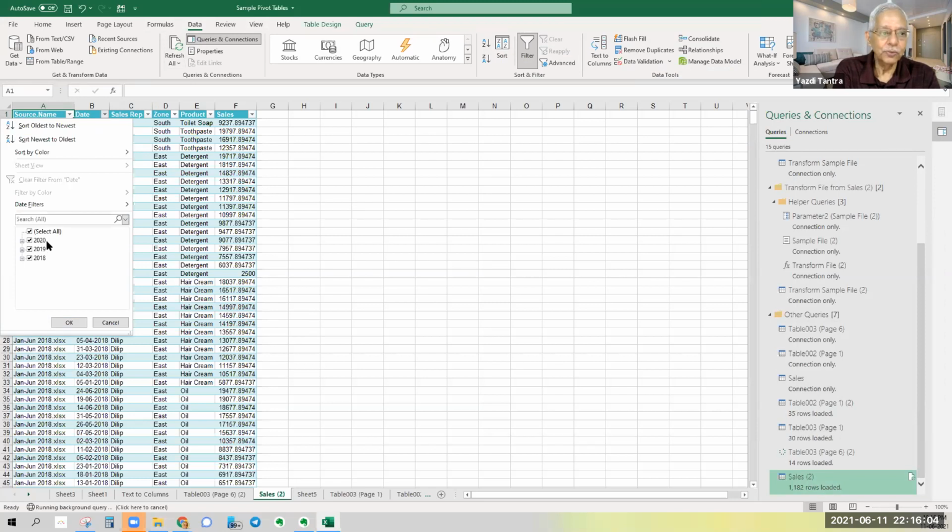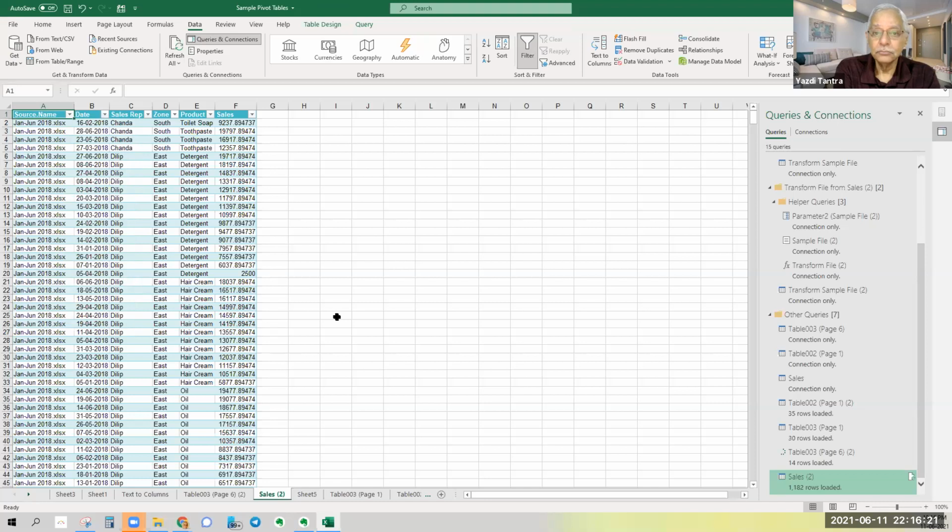Can you imagine how powerful this is? Now for 2020, I have all the months and everything is available here. How simple is this? Managing large amounts of data is extremely simple.